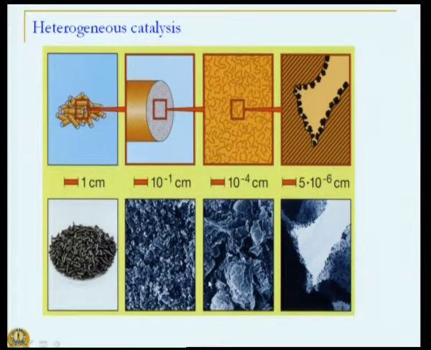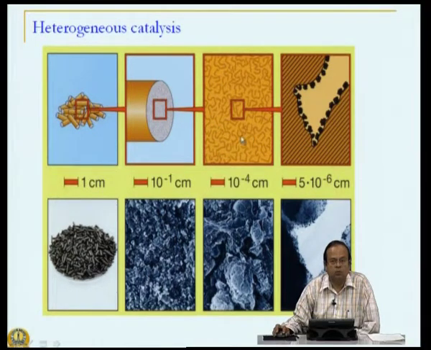So, that is one thing that we should keep in mind, and also you can see that more clearly in this cartoon, where it says that you have to follow a tortuous path. So, it is not that from one end of the catalyst pellet to another end there is a single through-and-through parallel pore. So, that is one aspect.